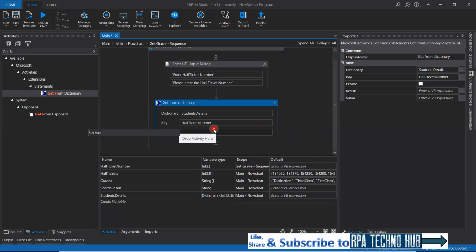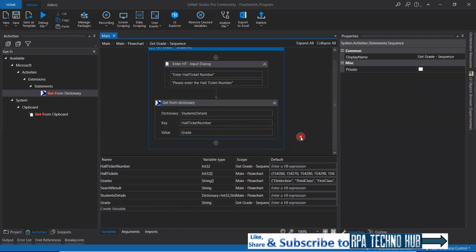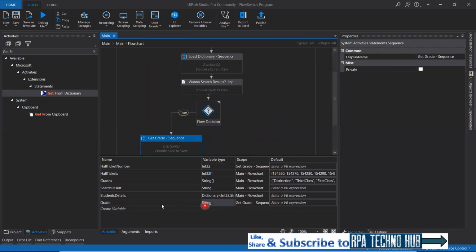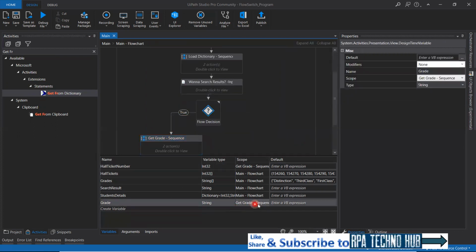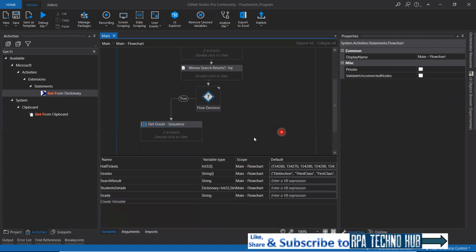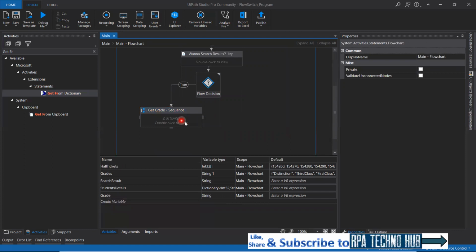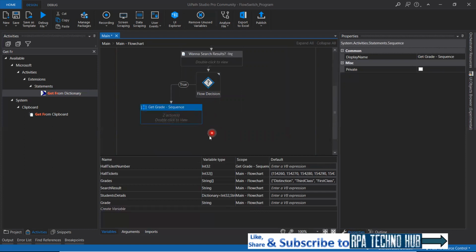Do Control K, and I'll create a variable called grade. Grade is anyway a string, so I'm not changing it to integer. Let me go back here and increase the scope of grade to the main flowchart. Yes, cool. And now here we're getting the grade. And then what we can do is that